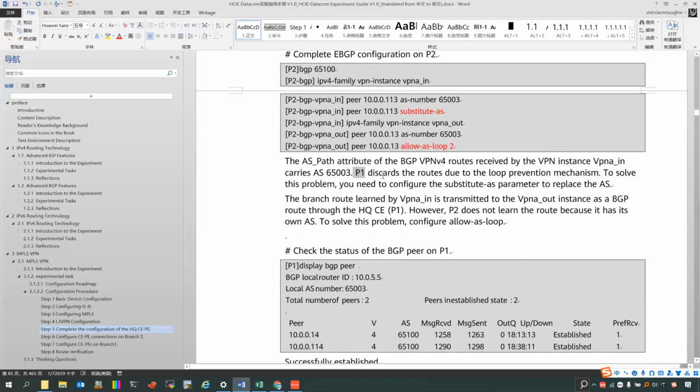So how do we solve that? On this device P2, it will change the AS value so that P1 will not discard these routes. And actually, on P2, in the VPN instance, it will have the same problem, but we use another command to let this VPN instance receive the routes. This command is allow-as-loop. You should know that it will allow the AS value in the AS path